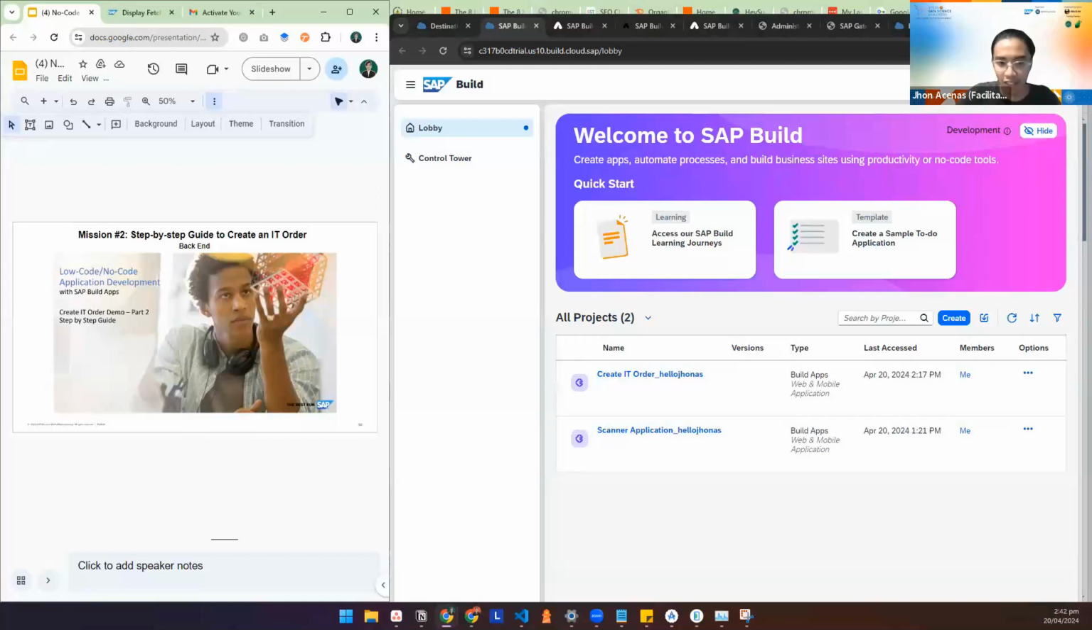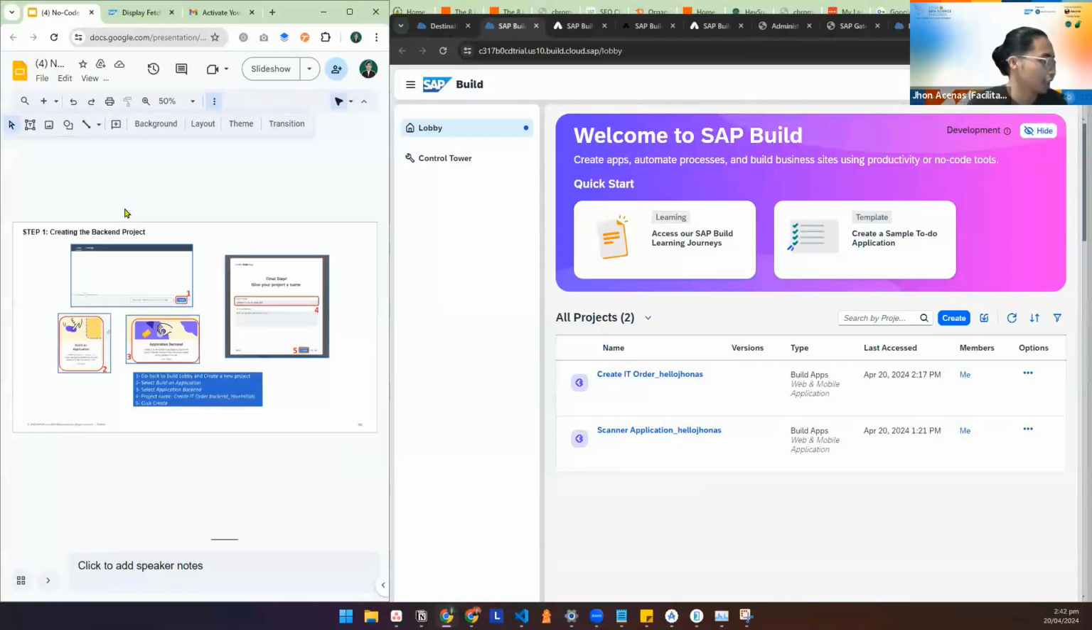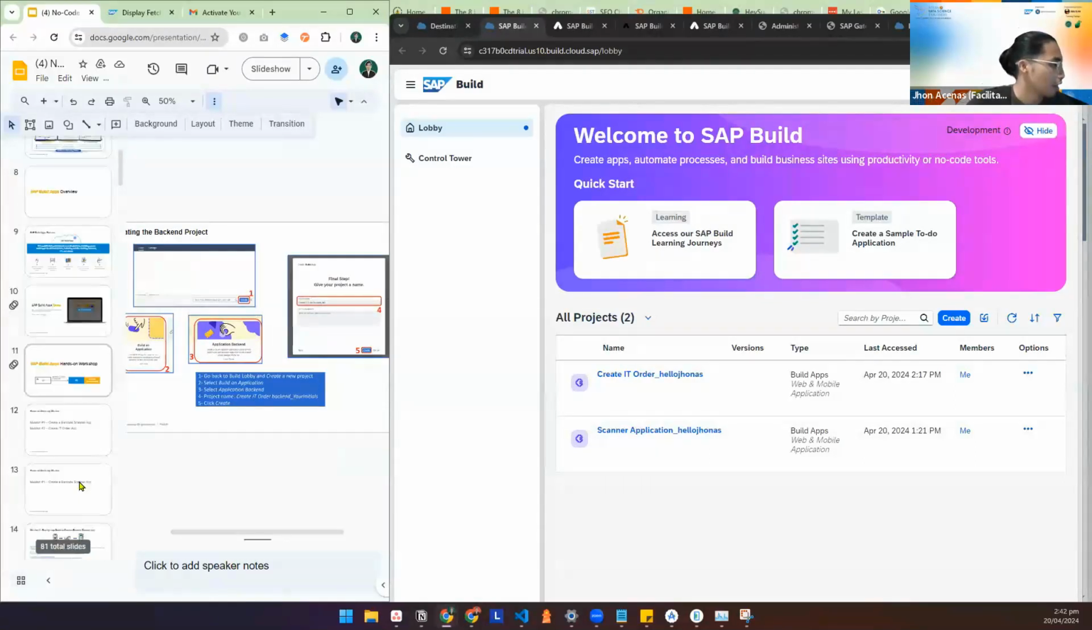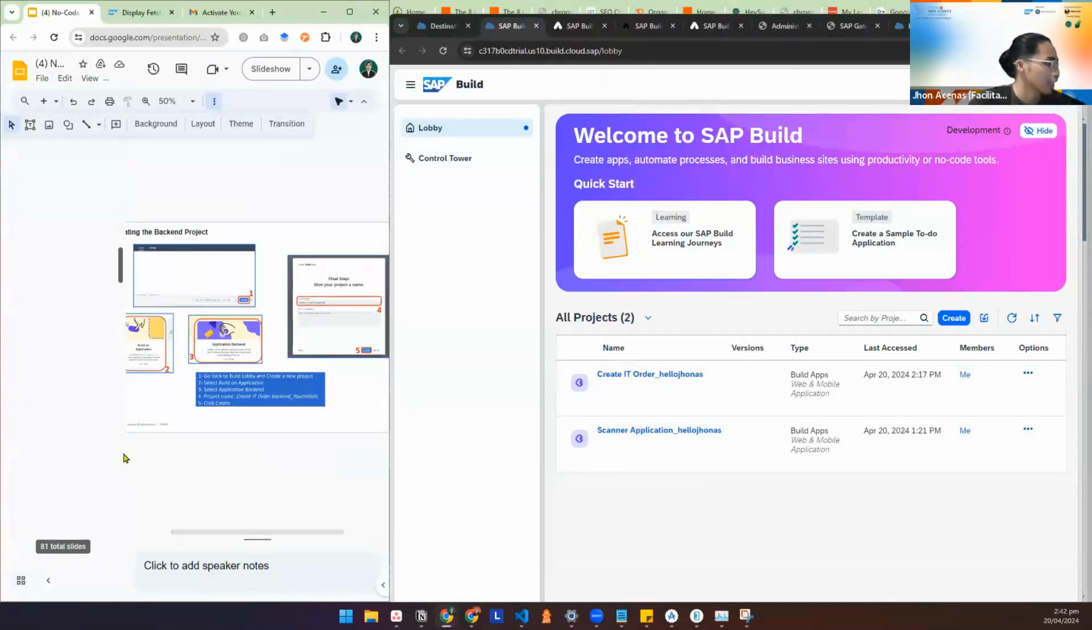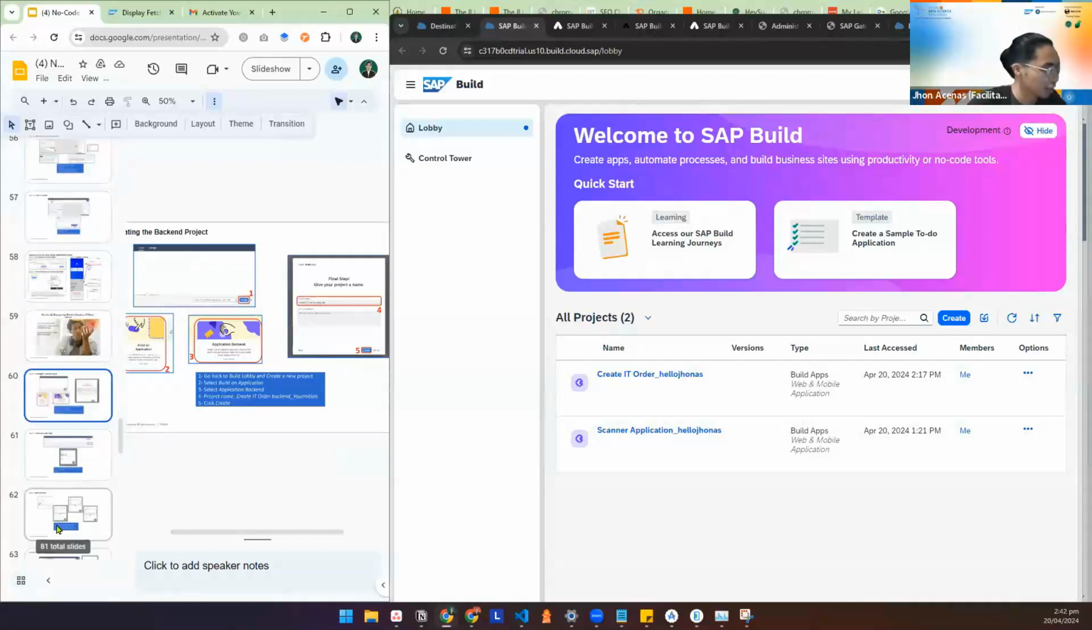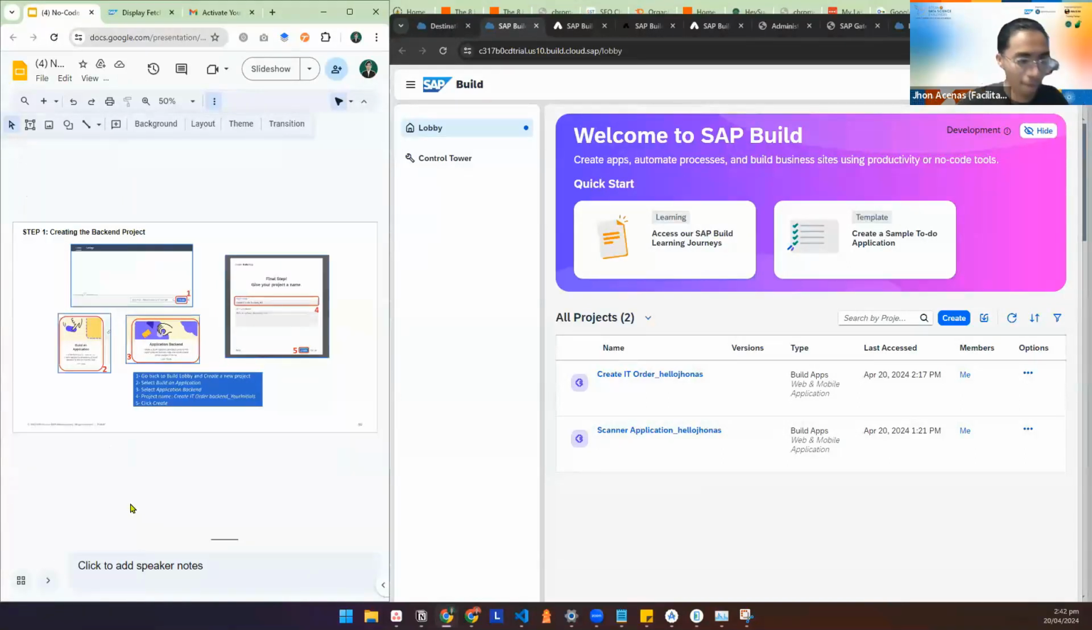Oh yeah, sige na eh. Wait. Yeah, we are in the back end already. So that's slide. We are currently in slide 60. So we have 20 more slides to go. Ooh. Anyways,